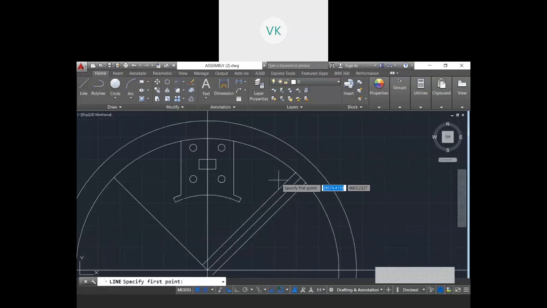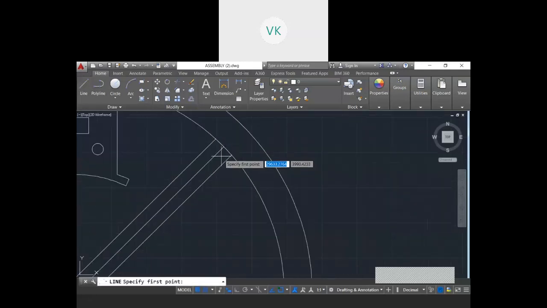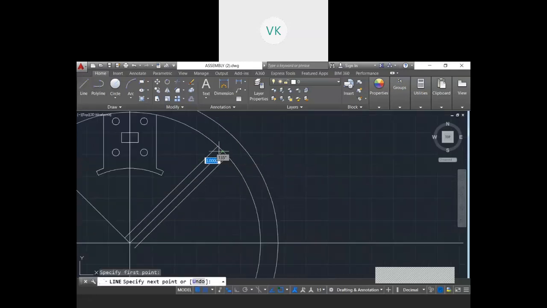The height required for me, I will take it from this point, that according to the problem it is given as 150. So I will take 150. I will redraw because I want a 45-degree line angle. So I need to do this with ortho off. If it is on, you can't come in a straight line, so you can't go with the angle. So 150.